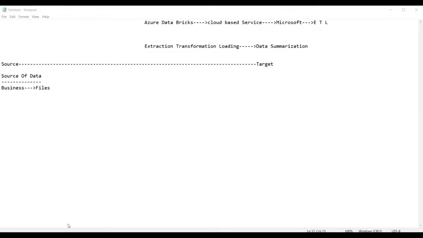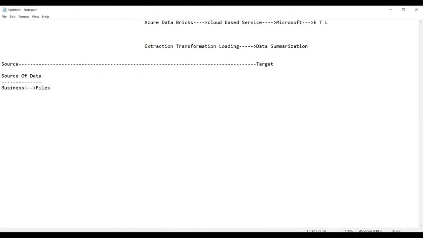Okay, sorry. So guys, we all get the data. We all work for the business only. Suppose you're working as a data engineer in an IT sector, that means you are working for a business, right? You will get the data from the business. From the business entities only we get the data. Am I right, guys?